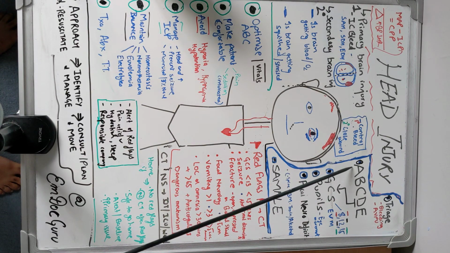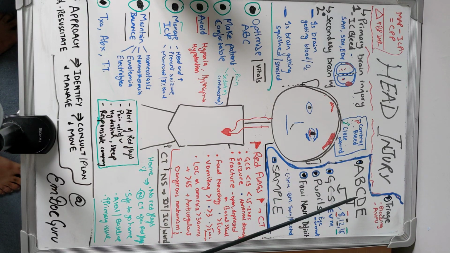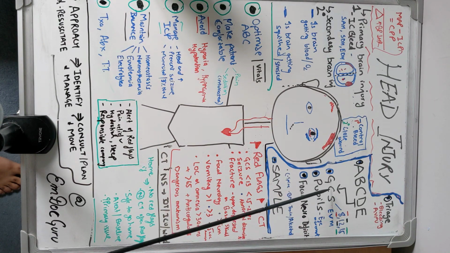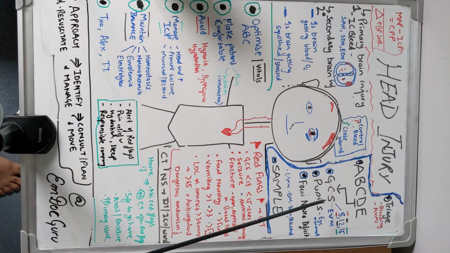Once you optimize their airway, breathing, and circulation, you come to D, and the most important things that you should assess and objectively note, including the time of assessment, are GCS, pupils, and any focal